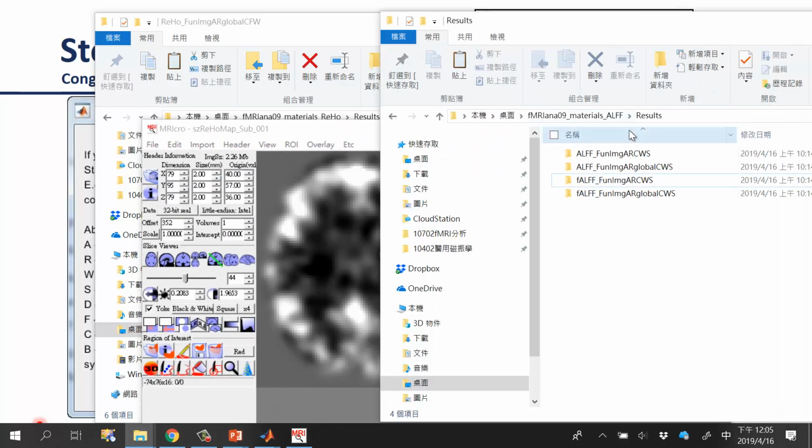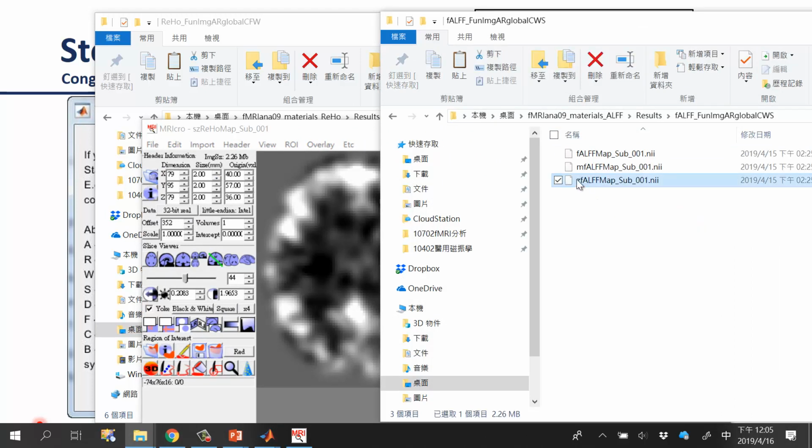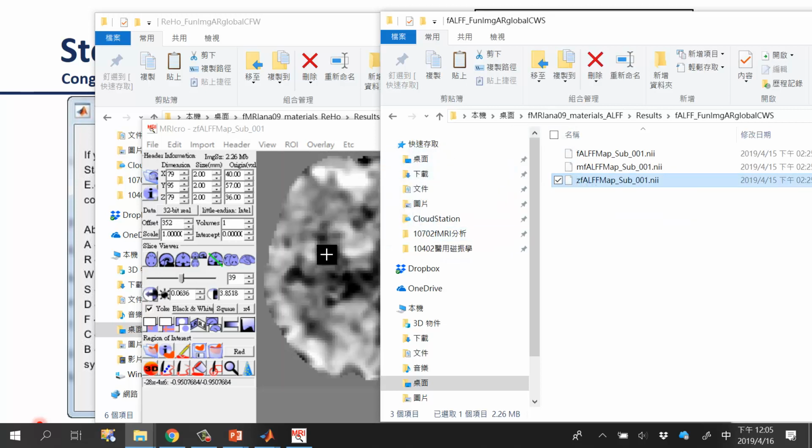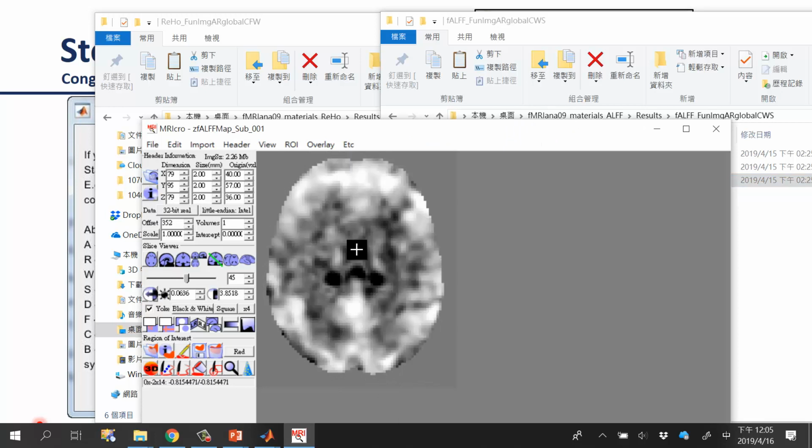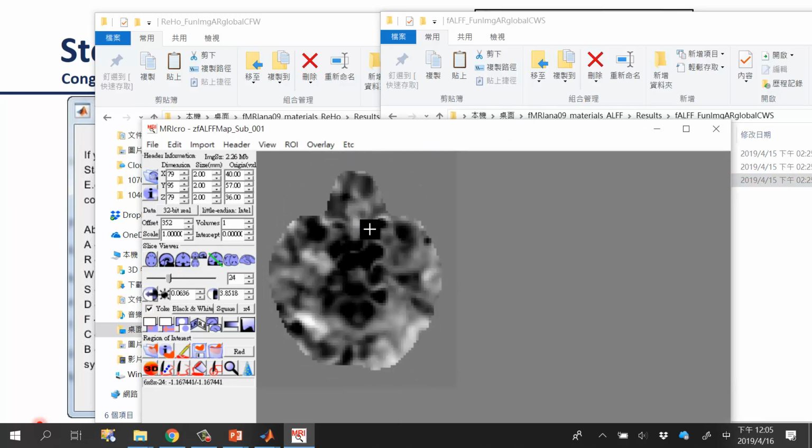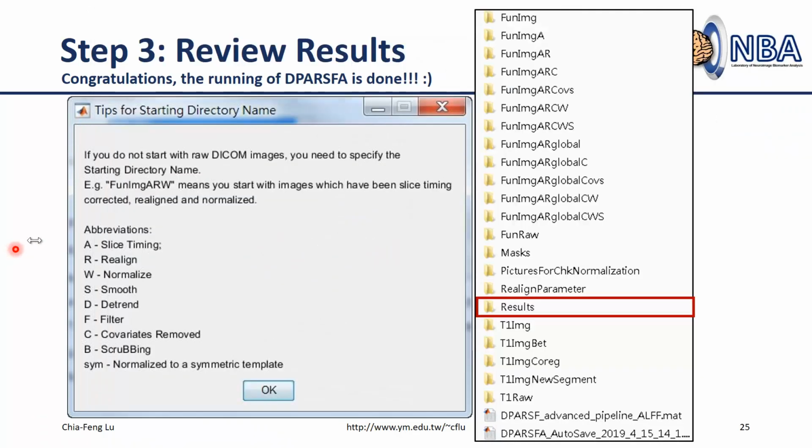Again, you can also see the ALFF or fALFF right here. So just pick one of them. Normally I will pick the one with Z, that means Z score. Okay. Pick this one. So this is actually the ALFF result. Again, if you want to perform any statistical analysis, you can go back to SPM using the second level analysis. Just treat this map as the SPM T map. They have a pretty similar structure right there. But for the